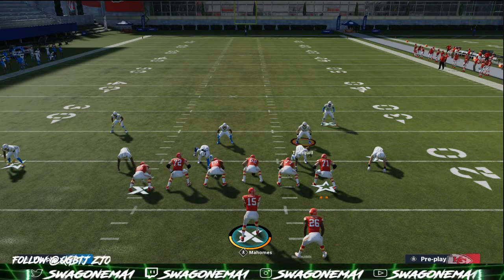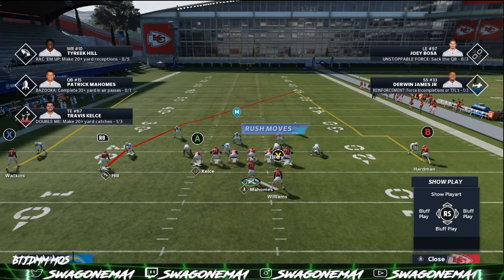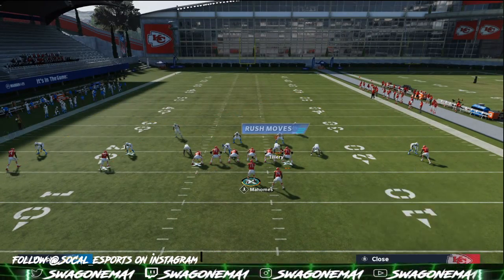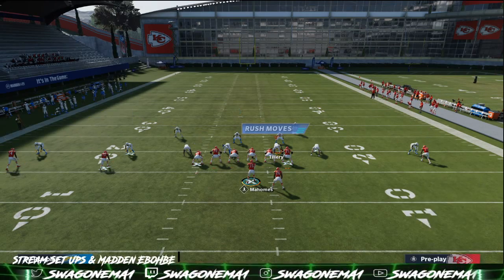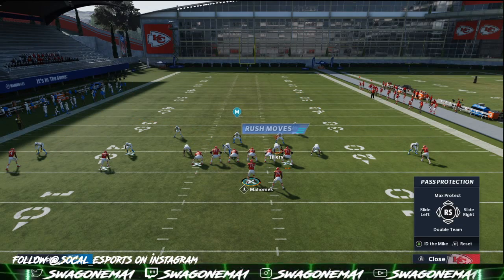So what you want to do on first down type of plays, if you want to catch this guy going deep, you really want to make sure you're doing the play action type of pass with the same route concept like this. Kind of like a sell route. You want to have that sell route concept still going, but you gotta know if it's not there, you want to try to hit